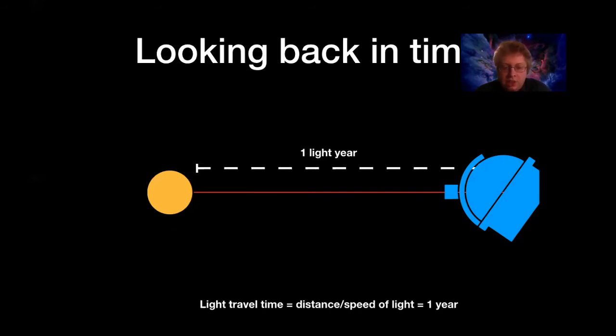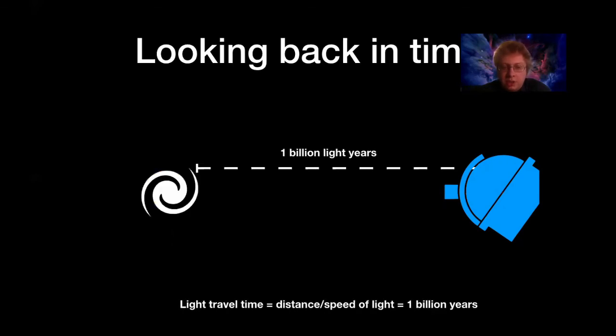So let's take this idea and expand it again. Instead of talking about 1 light year, let's talk about 1 billion light years. Now we have a galaxy that's very, very far away. How long does it take the light to travel from that galaxy to our telescopes? Now it takes 1 billion years. So anything we see on that galaxy today happened 1 billion years ago. And what this means is we can look 1 billion years into the past and look at what this galaxy was like a long time ago.